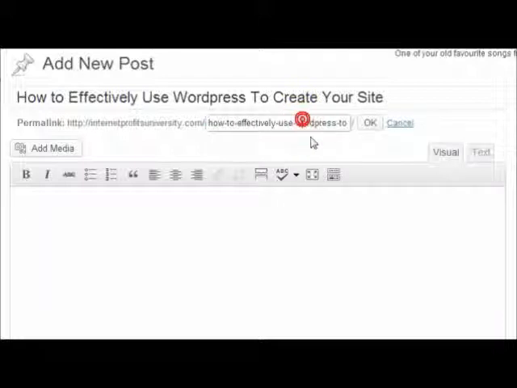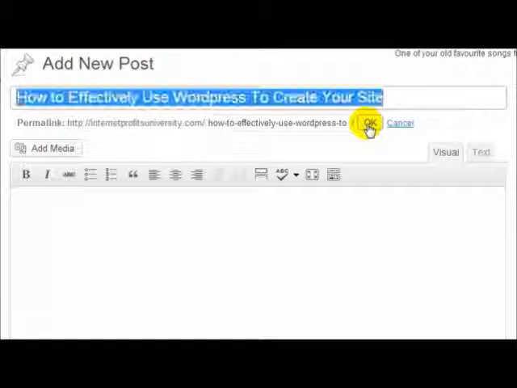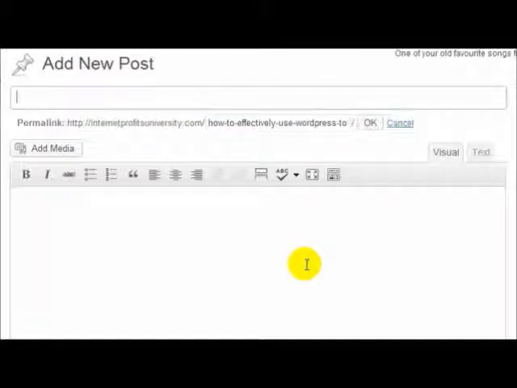Now, depending on your site, if you're trying to rank on, let's say, a local keyword, for example, how to find a good roofer or plumber in Atlanta, Georgia,